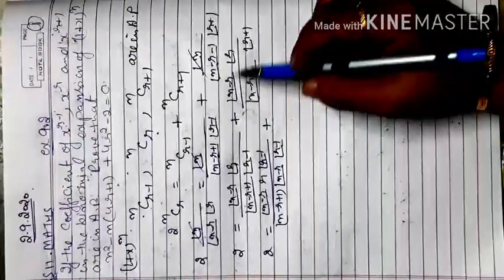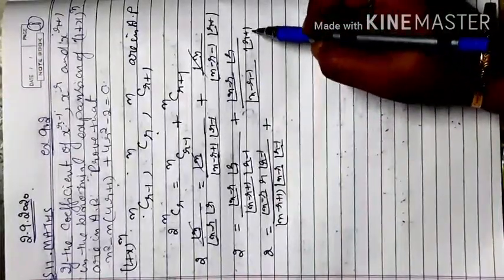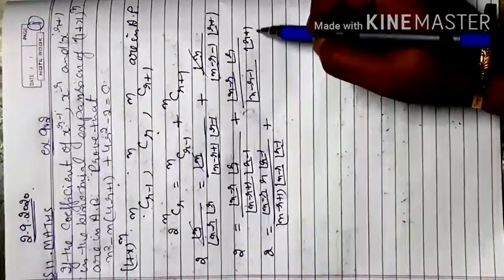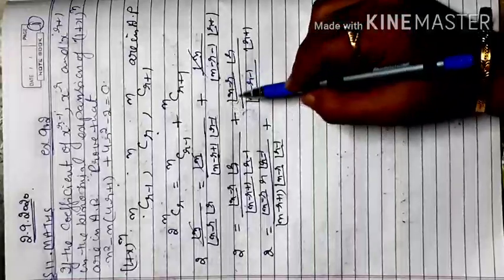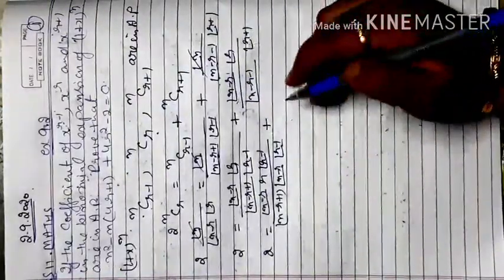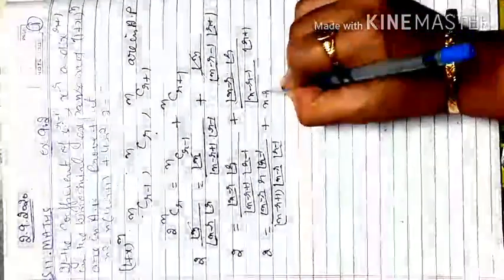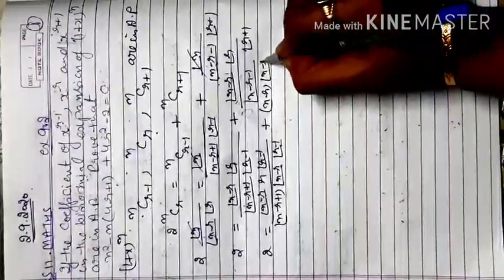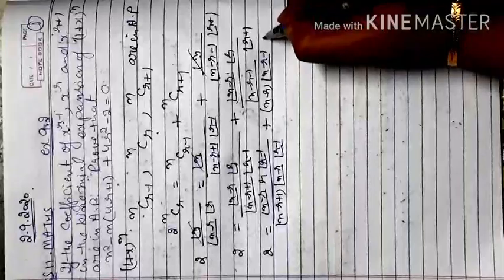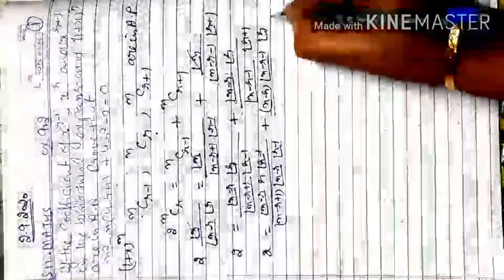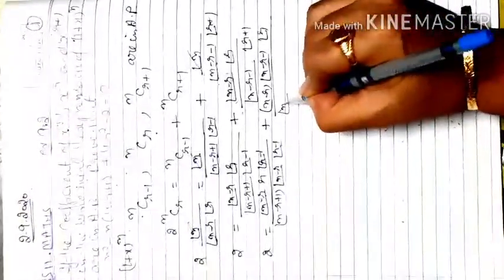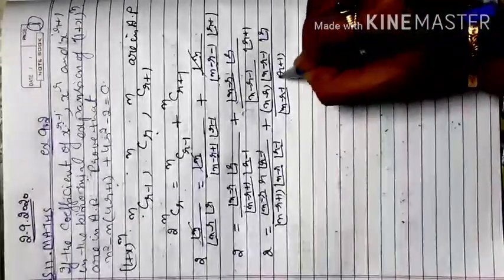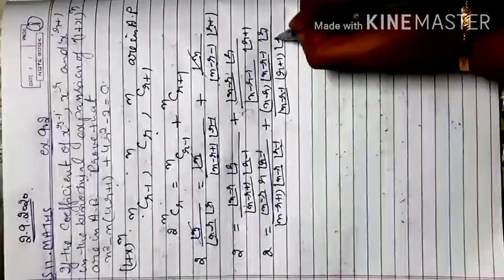So I open this one, and in the denominator also r plus 1 is greater, because the previous of r plus 1 is r. So in here I open this one and this one. That will be n minus r, keep it outside, and the next previous term is under factorial n minus r minus 1 and factorial r as it is, and here n minus r minus 1, then open r plus 1 and the previous of r plus 1 is factorial r.